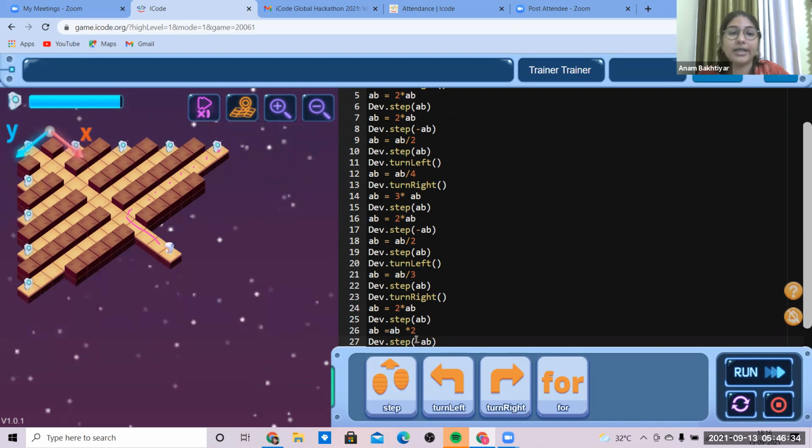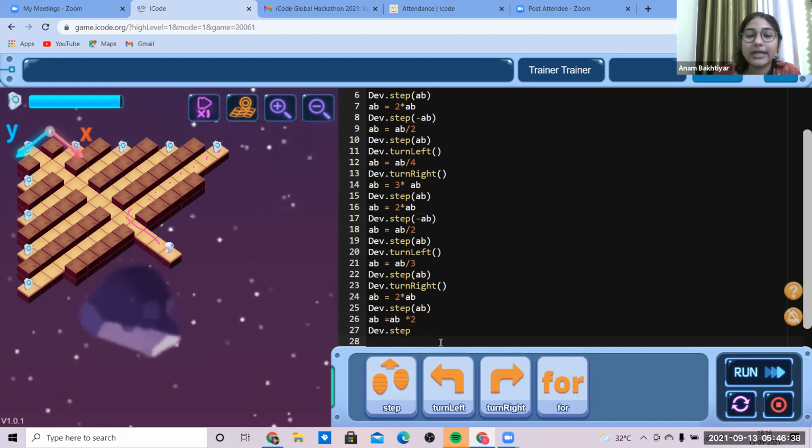Okay. Then it has taken that in the negative direction. Then it needs to move forward half of that distance. Or I can just go for AB dot step.